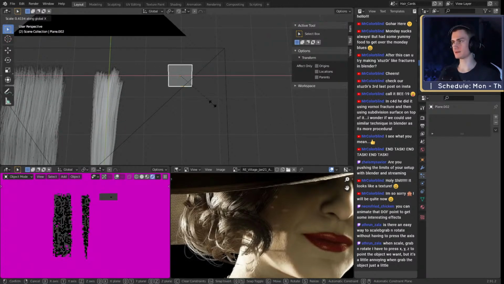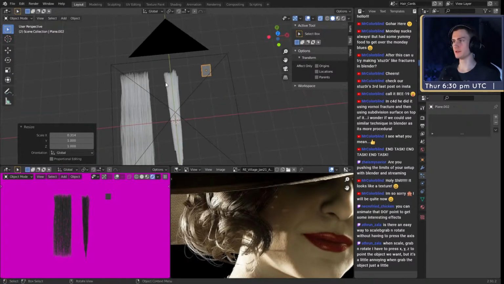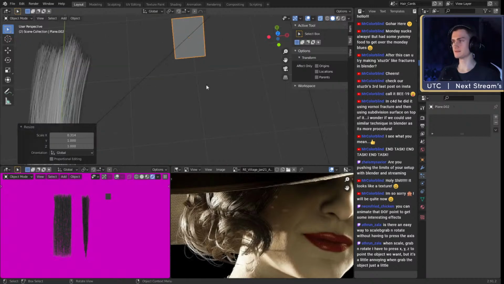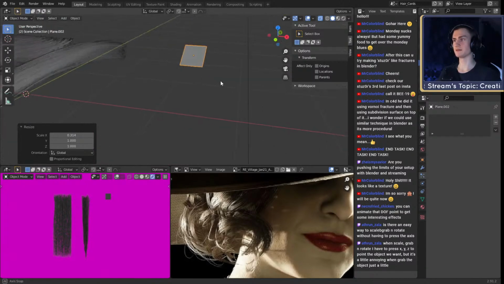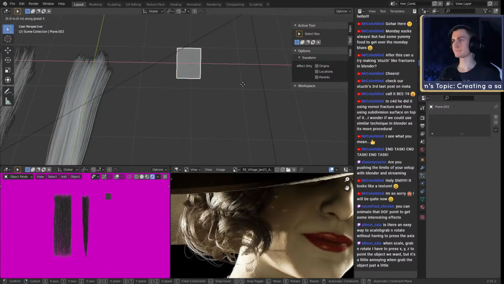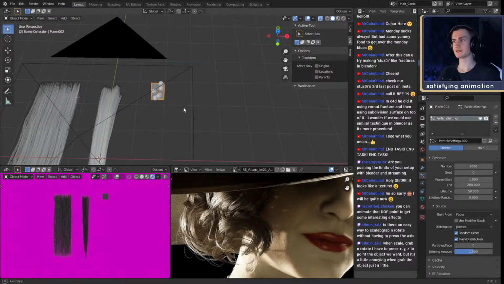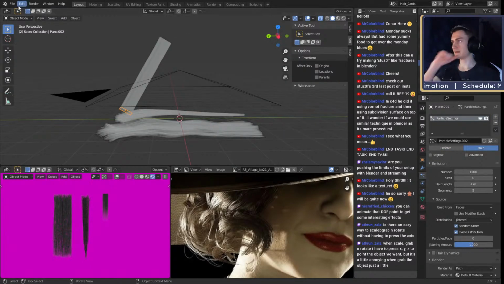This one can be quite thin as well, like that. So we go from really thick to quite thin, quite small, and then even smaller for these small strands that we're going to add in the end. So another particle setting, put that to here, and there we go. Save that just to be sure.